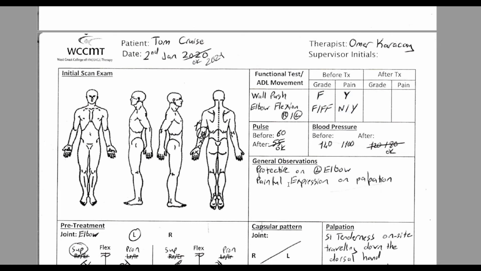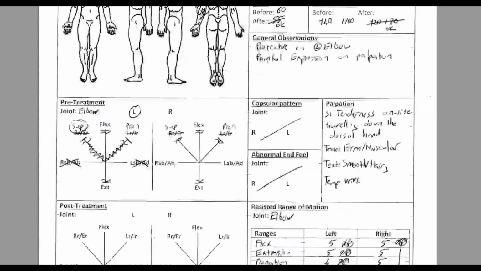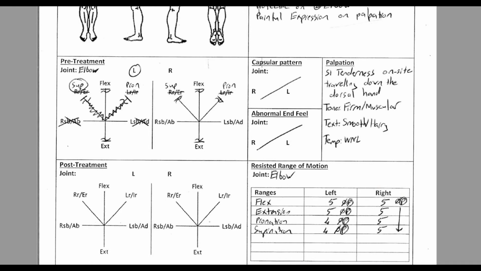So I'm not sure if both sides were hurting or one side is hurting. So it's not really telling me a good story there. So this needs to be fixed. And in this one, again, this needs to be fixed, as in weighted elbow flexion. Now none of this matters because the problem is supination, which means that I need to know